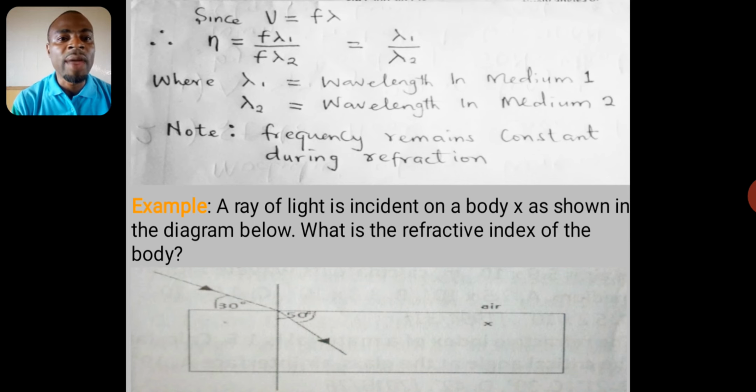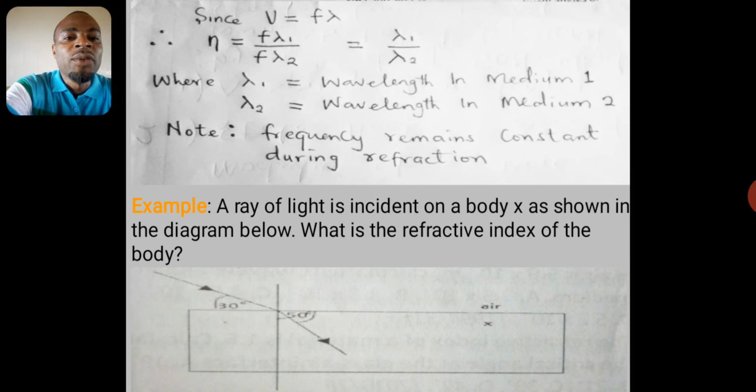A ray of light is incident on a body X as shown in the diagram below. What is the refractive index of the body? And we have a diagram there, which is our rectangular glass block. The ray travels from A to that medium X. It has the shape of a rectangular glass block. If we look at that question and solve it effectively,